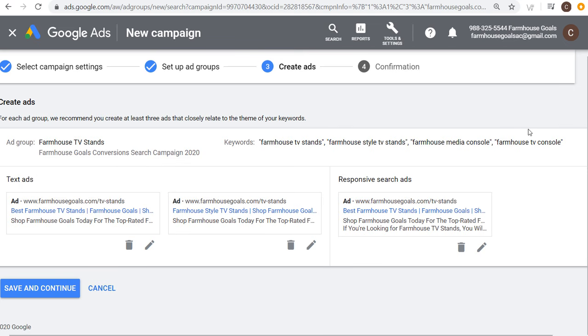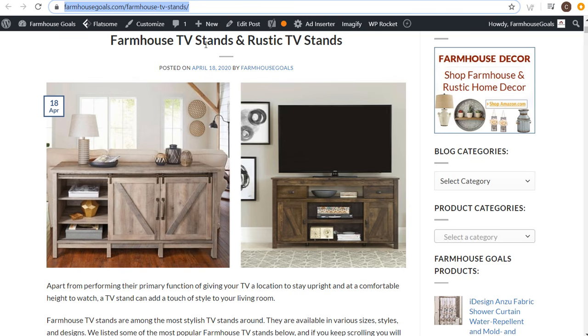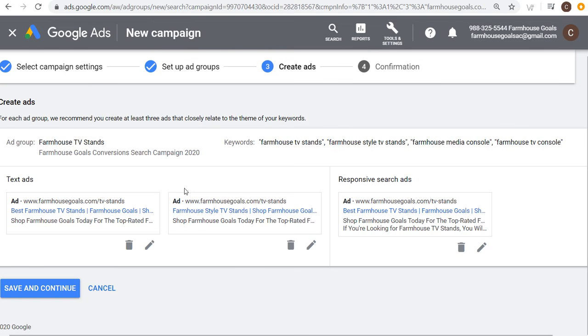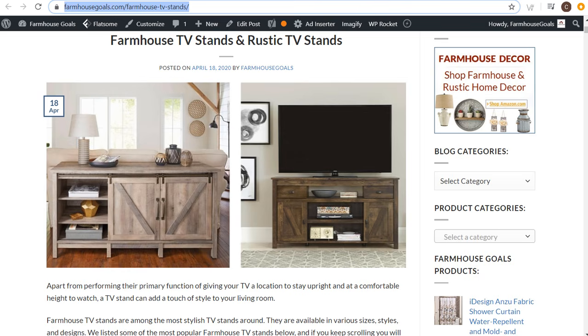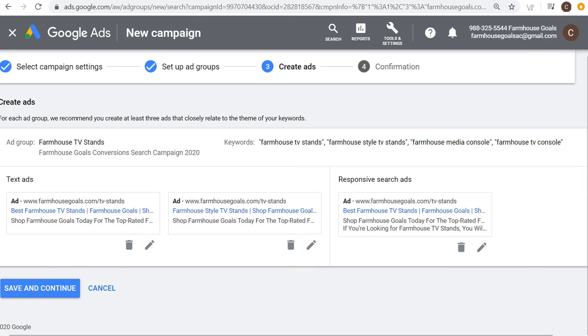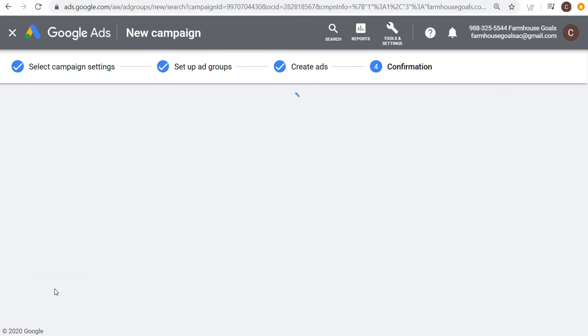We're targeting 4 keywords. They're all phrase match keywords. We're going to be sending traffic to our farmhouse TV stands landing page. You can see our advertisements all closely match the keywords that we're targeting and the landing page that we're sending traffic to. Ultimately what you want to do is give people a very relevant experience. Now we can click on save and continue, and it's going to create our campaign